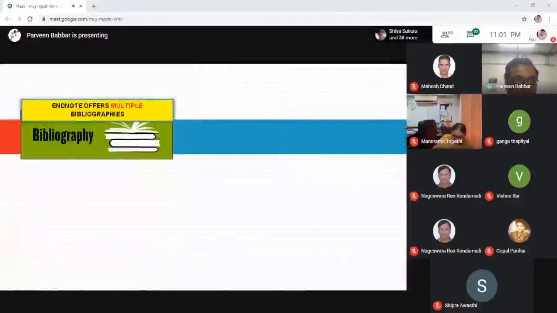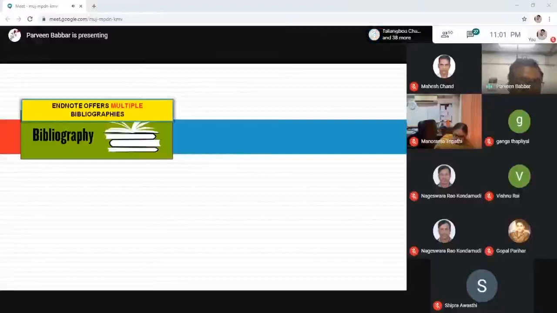As I have already told, EndNote offers multiple bibliography options. It means that apart from importing the full text if you are using the desktop, if you are not willing to go for a subscription-based tool like EndNote desktop, you can use EndNote Online, where you can download any number of bibliographies from the search box. You can generate the bibliography in different styles according to your convenience, like APA, MLA, and you can add the bibliography to your file.